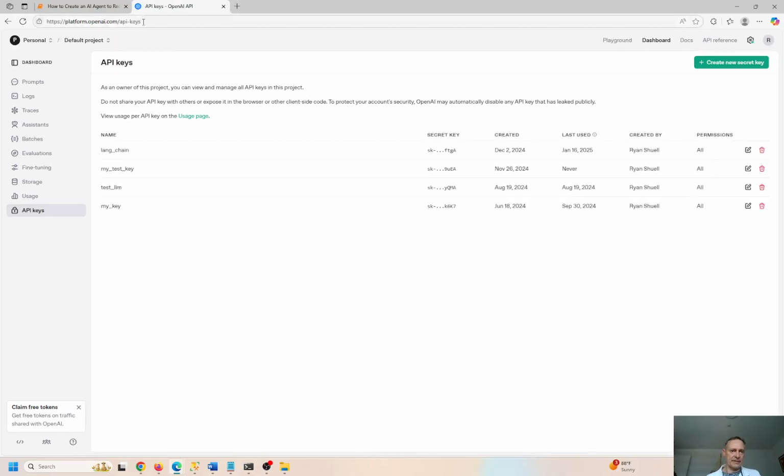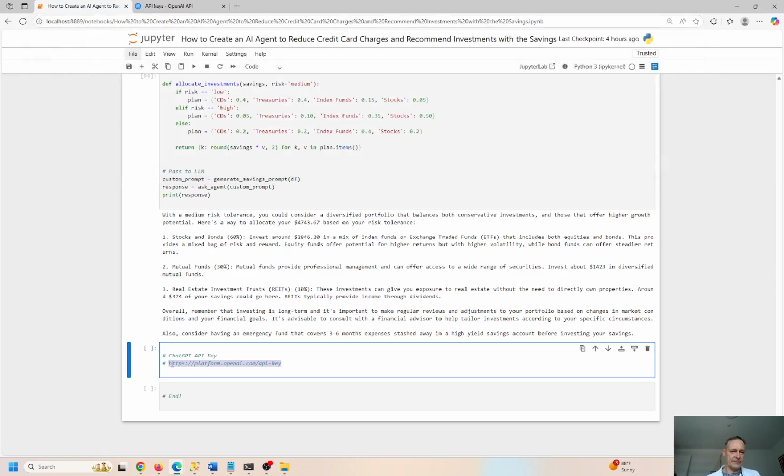Yeah, this is it. Did I paste in the wrong thing? Let me see. I don't know why this thing's bugging out. Anyways, that's it. That's the API key URL.